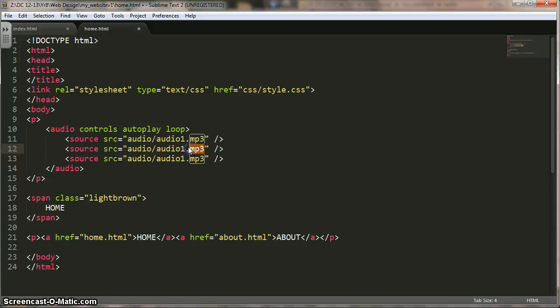So then what I would do is, in here, I'd put the OGG one, and I'd put the WAV one, like that. And then whatever music file the browser will play, it will just pick it from here. So say for example Internet Explorer doesn't play MP3 but it plays WAVs, it'll automatically pick up the WAV file. If it's a different web browser that doesn't support MP3 and WAV, it'll automatically pick up the OGG file. So all you really need to do is go and find a converter online, MP3 to WAV, convert that file, and then save it into your